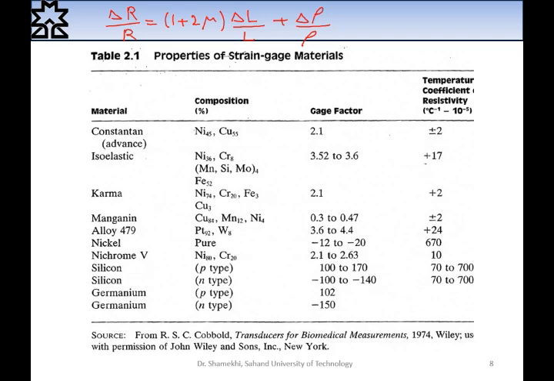As you can see, the first term is only related to the variation of length, and the second one is only related to the variation of the resistivity. Therefore, as you can see in the previous one, we call the first term dimensional effect,